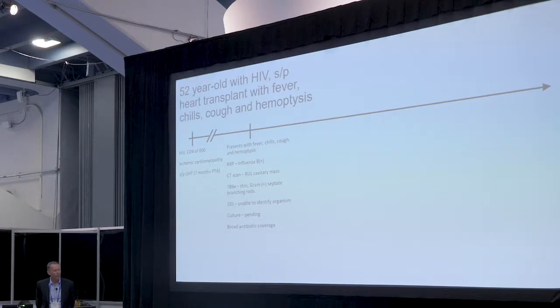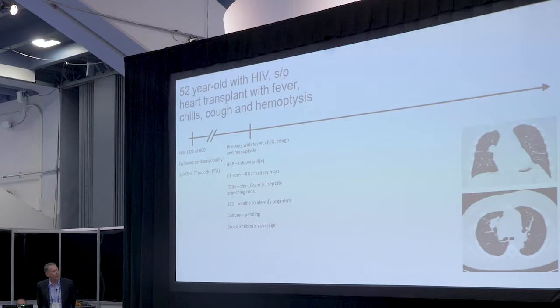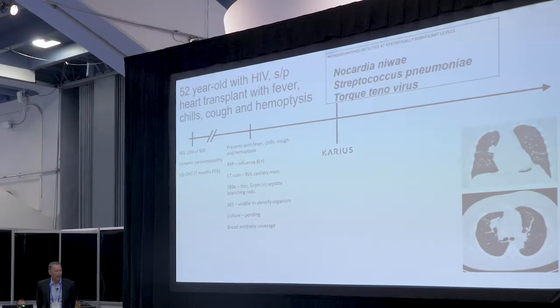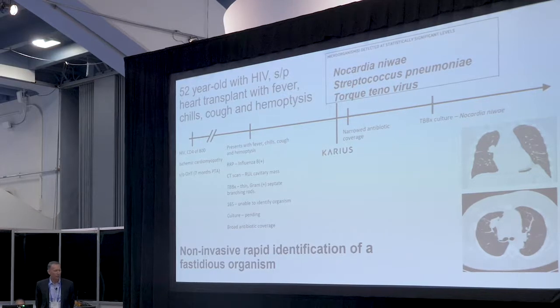So once we had that, this gives you an idea of what his CT looked like. Karius was sent off, and by that 48-hour mark, we came back with Nocardia nova. That was subsequently confirmed on our culture, but it came back about 7 days later. So once we got those results, we started to narrow down our antibiotic coverage. And again, the transbronchial biopsy did come back with the nocardia. So for me, this was one of the first times I was thinking, in my heart transplant population, when we have these sorts of lung masses and suspected infections, how we could start utilizing Karius